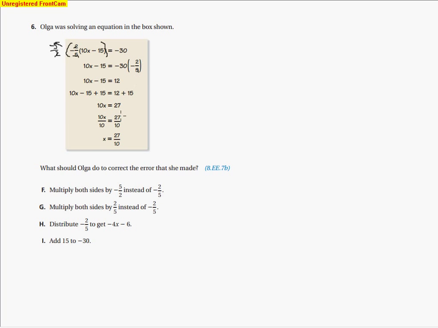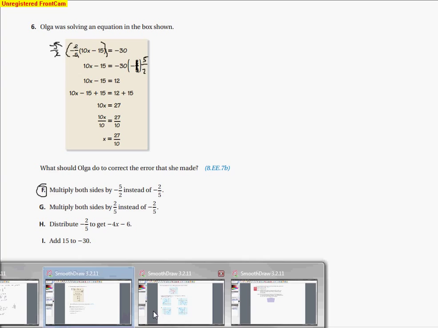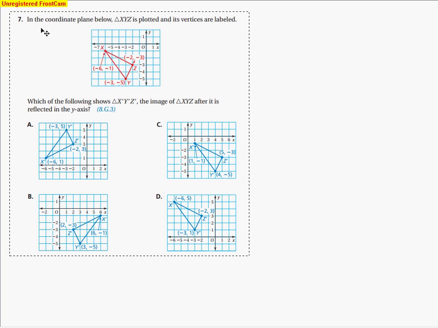So she should have multiplied both sides by -5/2 instead of -2/5, and that would have given us the correct answer there. So F. So she should have changed this to a 5/2, and that should still be negative, but that's where her error was. So moving on to the next one, it says that in the coordinate plane below,